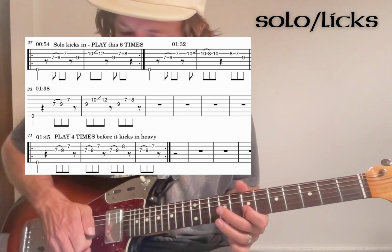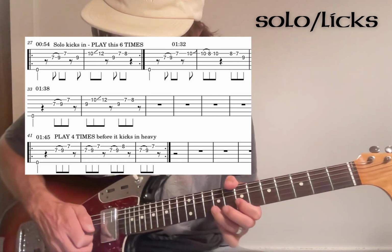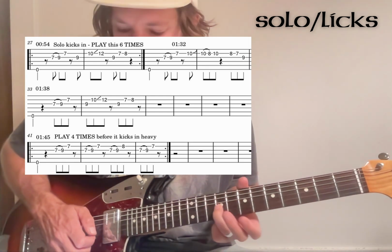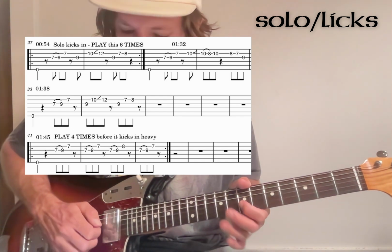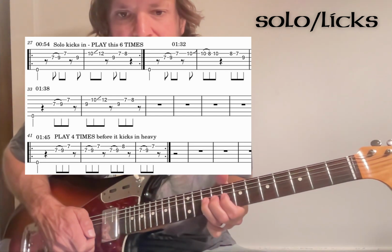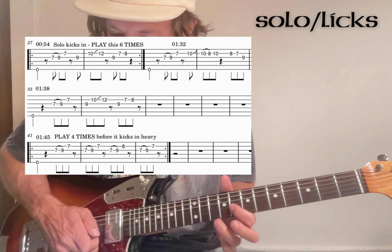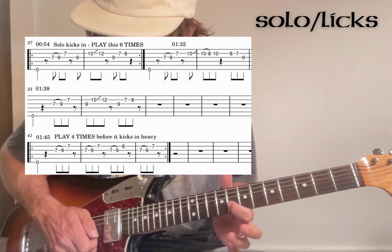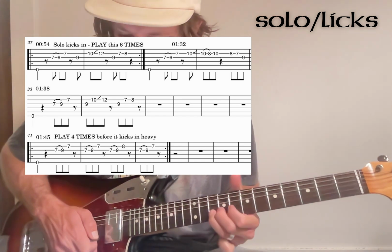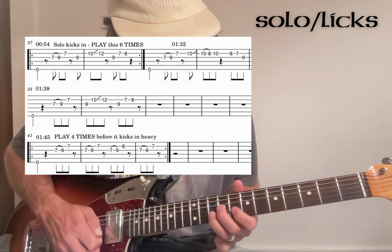So yeah, you play that 6 times. And then it's this move. Which is open on top, 7, 9 as a hammer on the G, down to 7 on the B, just like the other one. But then you get this cool move, which is 10 on the B, bent up and down, with a little pull off to 8. So you're just flicking off there to fret 8 on the B. And then 8, 7 on the B, 9 on the G. Back to the first one,